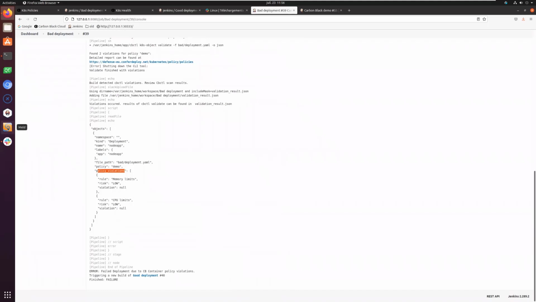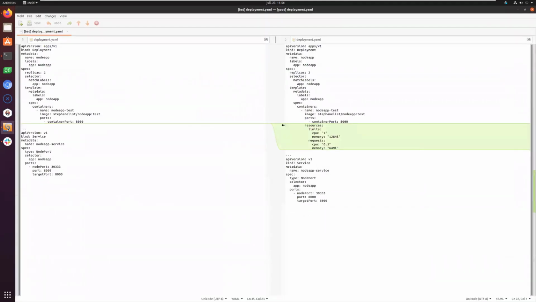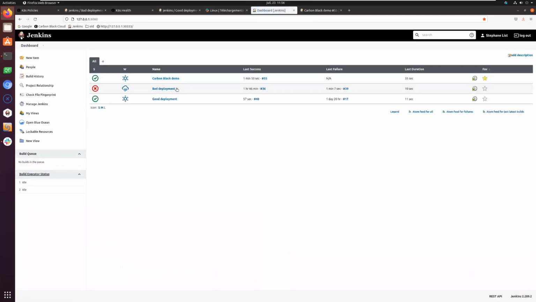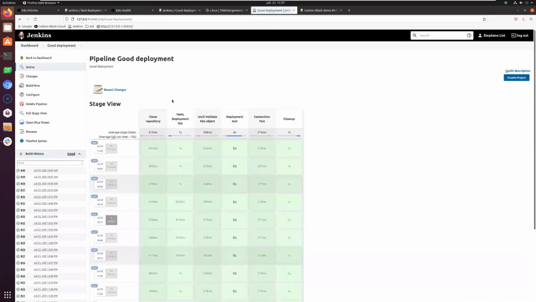I can show you also the deployment, the YAML file used for deployment. So this is the bad deployment file. This is a good one. On the bad deployment file, this is really the minimum deployment path we can do for a container. And in this one, it is secured. It is a start of secure with the resource limits for CPU and memory. So as you can see, deployment is blocked when there is no CPU limit, memory limit, and it's not blocked when there is a limit.